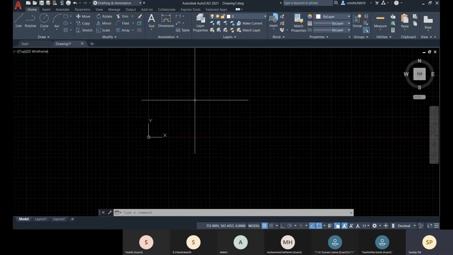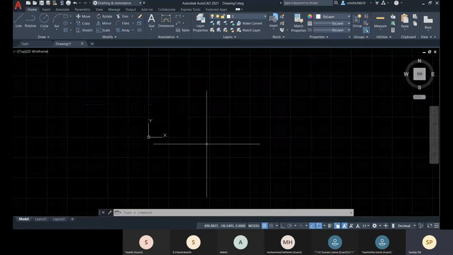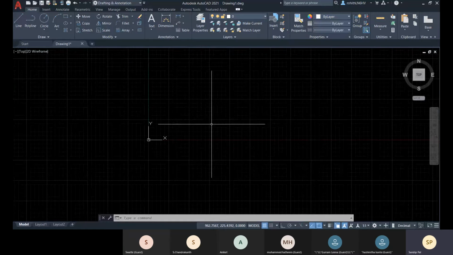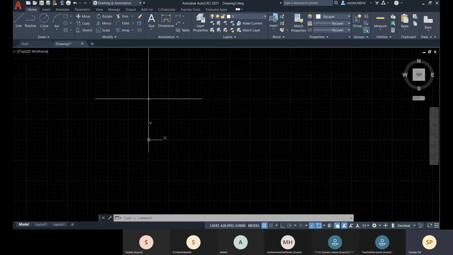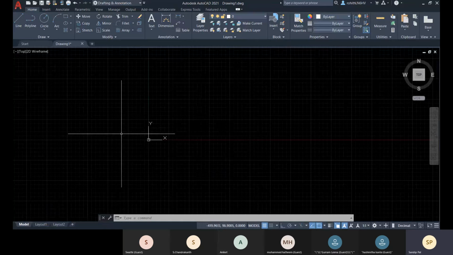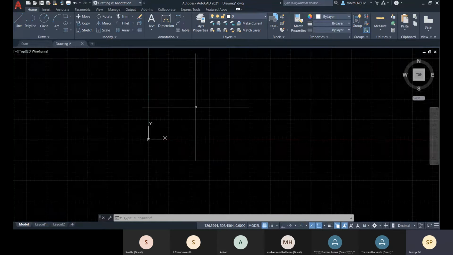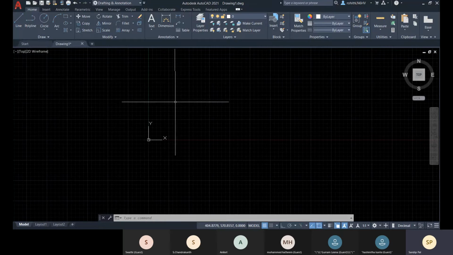And this mouse pointer or mouse cursor you see as a plus symbol within your viewport or within your drawing area or model space is called the crosshair.